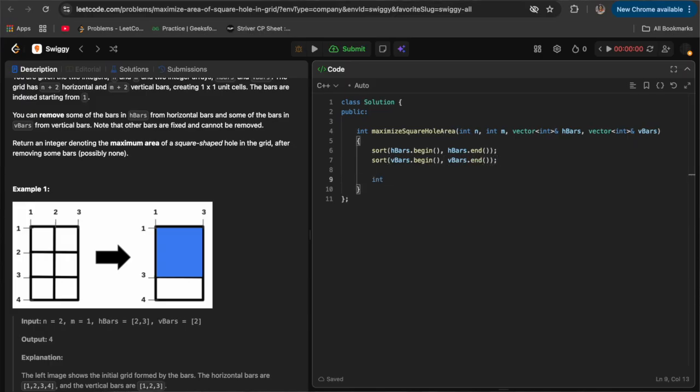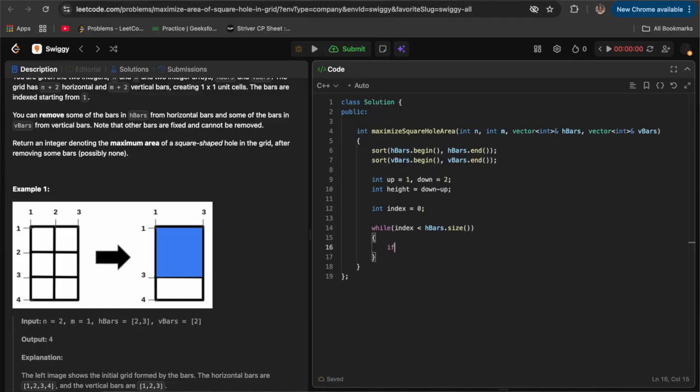So for height, I'm taking 2 pointers, up is at 1 and my down is at 2. So my height is basically down minus up. I'm increasing down because according to their explanation here, 1 2 3 4, I'm going down. So I'll increase my down, so height will be down minus up. And my index, I'll take the index at 0 while my index is less than h bar dot size. Till then I'll traverse that to get the maximum height.